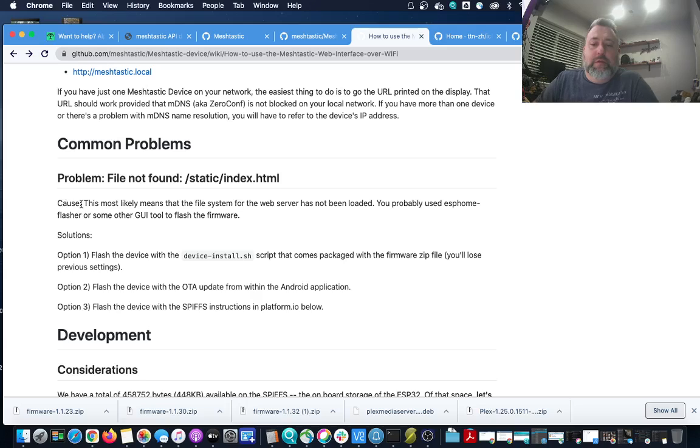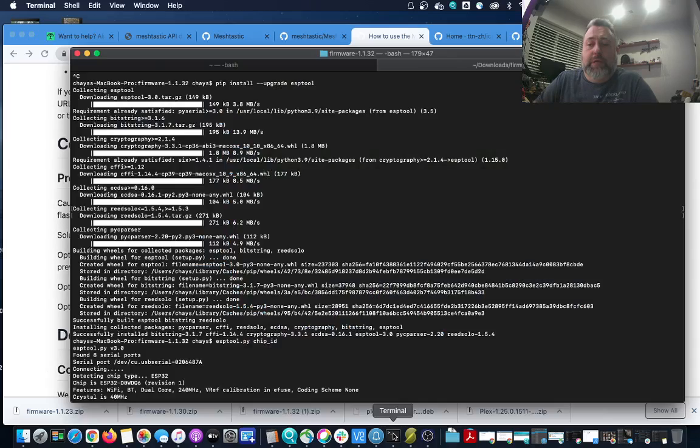And just like it says, this most likely means that the file system for the web server has not been loaded. You probably used the USB Home Flasher or some other GUI tool. Solution: flash the device with the device-install script. So I found that I tried to run it and it didn't work because I hadn't fully installed the Python kit yet. I had installed pip, which helped. And then after I got pip installed, I found out I had to install this ESP tool software. So you can see it installed that,